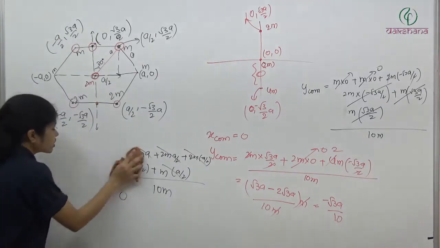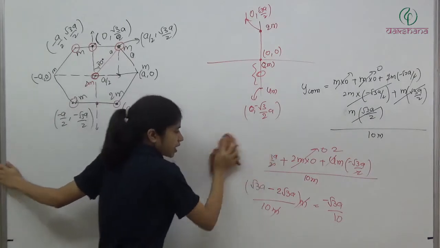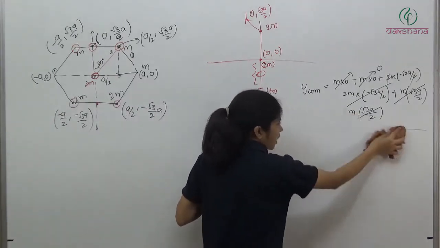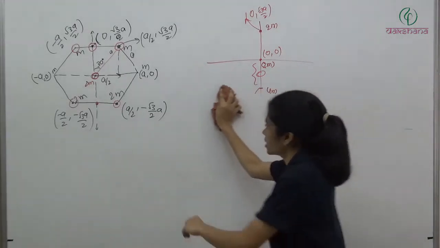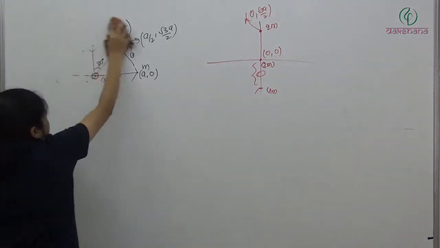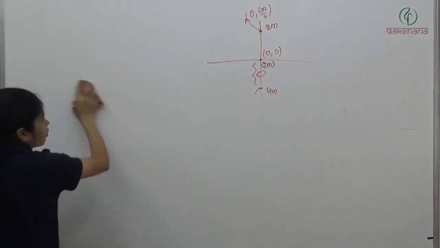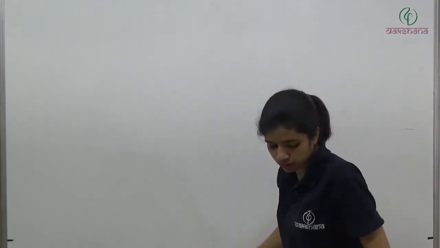So please, when you see some symmetry, try to reduce the system of particles by taking their center of mass, and the center of mass will have a total mass equal to the mass of the system. That way we will be able to calculate the center of mass. Sometimes they will give 10 particles, 12 particles, or sometimes they will give 4 or 5 particles. Like this we will be able to solve the problem. Now I will give some more examples.